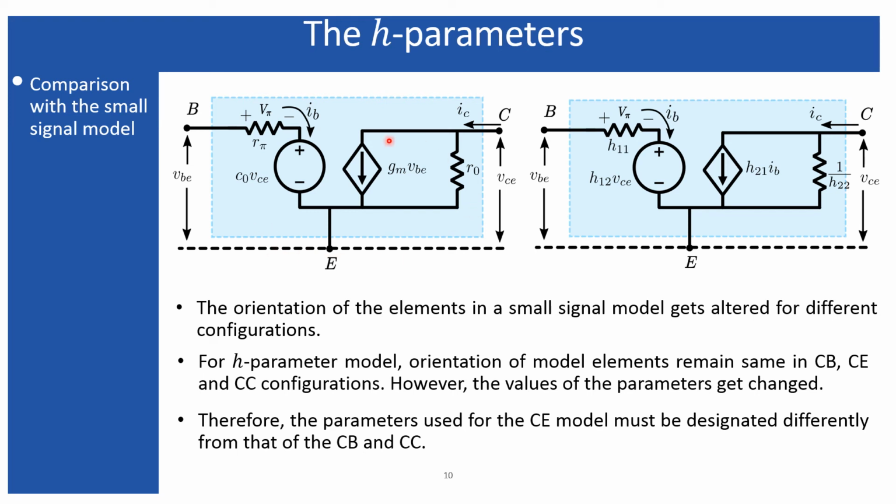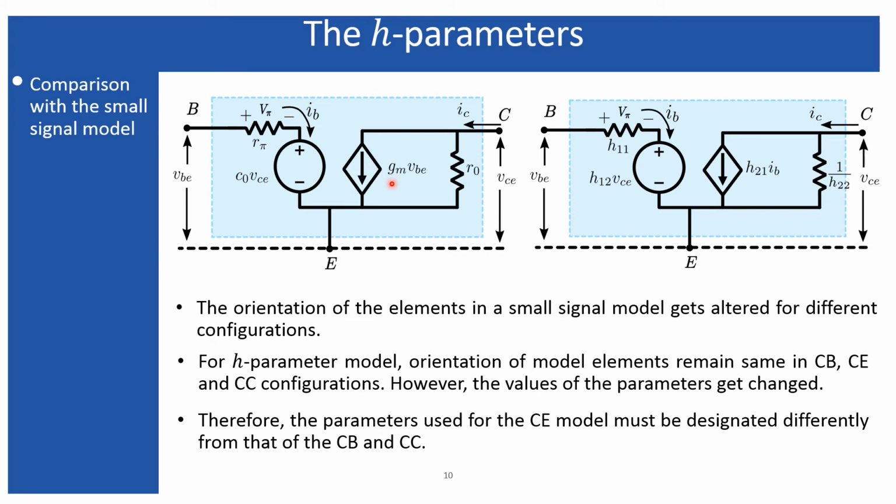Here, the first circuit represents the small signal model, and the second circuit represents the h parameter model that I have derived from the small signal model. R pi, which is equal to h11, that is why I have replaced this R pi with h11. C naught I have replaced as h12. gm I have replaced by h21 IB, because look here, all these terms are replaced only by the coefficient itself, but here both of these terms